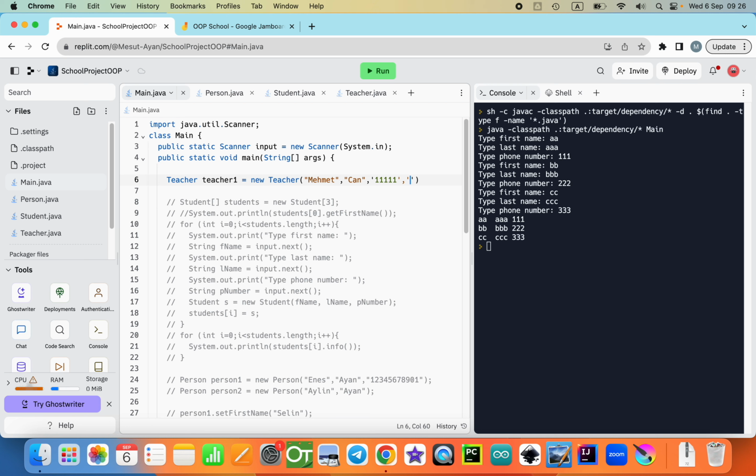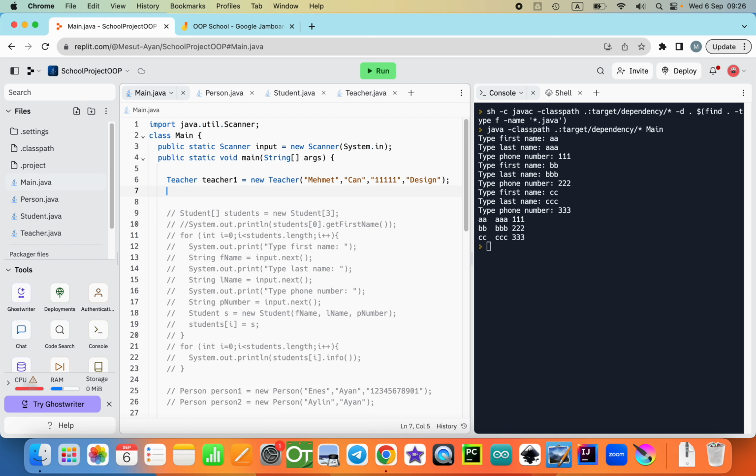Let's call it design. So we have created the teacher. It's possible to System.out.print out